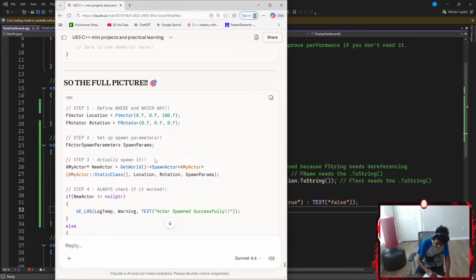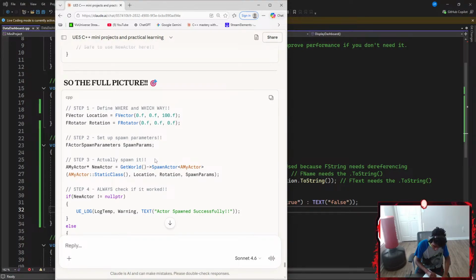So I'm going to go ahead and use an FActorSpawnParameters, which is going to be represented by a local variable called SpawnParameters. Okay, and then I'm just going to go ahead and end it with a semicolon. And then we move on to step 3.